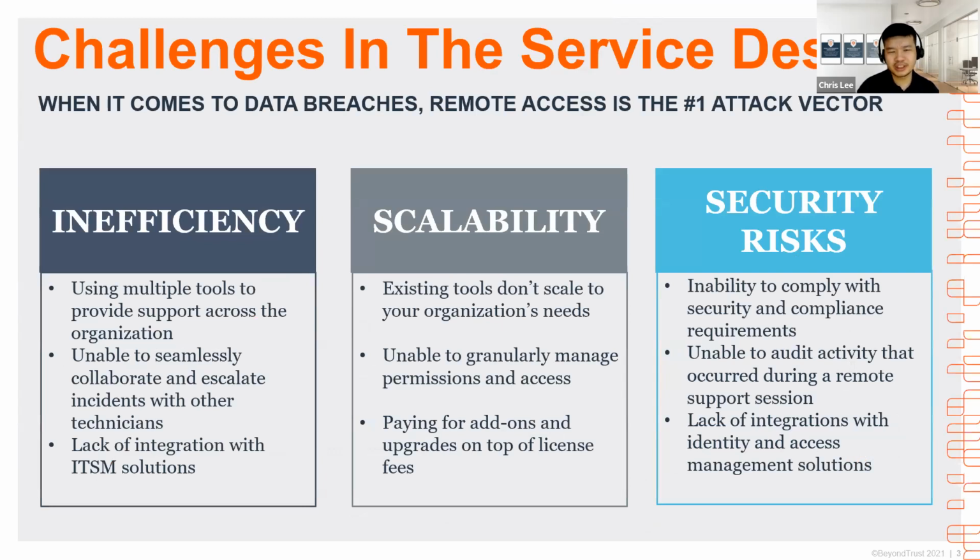So we are breaking down into three different categories. We are talking about inefficiencies, we are talking about scalability, and of course the most important thing that enterprises nowadays are looking at, which is the security aspect. So definitely we are emphasizing a lot of security, and the next one will be the features and functions, and being able to give the support desk the efficiency, right?